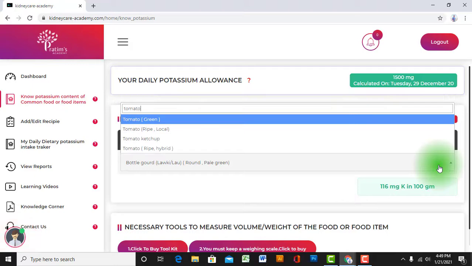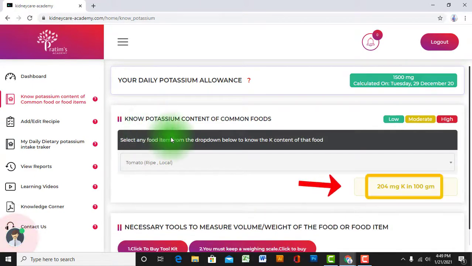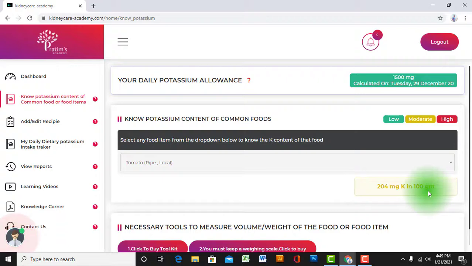And what if it contains a moderate amount of potassium, like tomato, then you can see that there is 204 mg potassium in 100 grams. So by this color coding, you can easily get to know whether the food product contains a low, moderate or high amount of potassium.